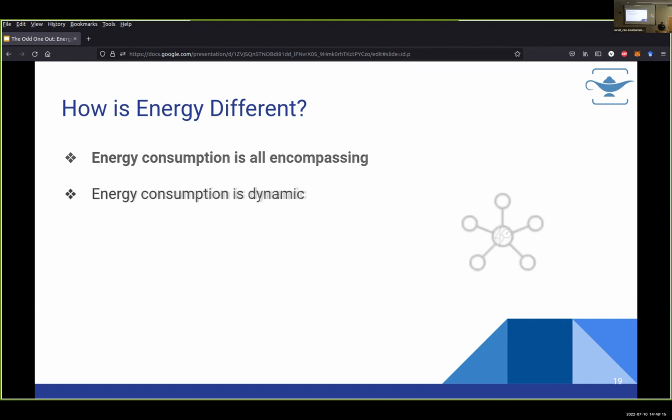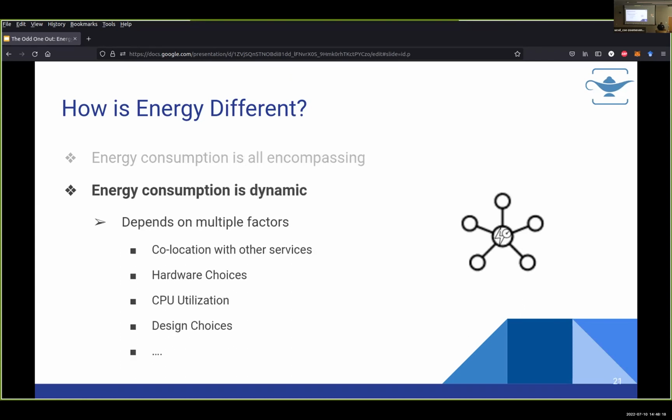The second point is that energy consumption is dynamic. What that means is it depends on multiple factors, both compile time factors and runtime or deployment time factors. Compile time factors could simply mean the design choices that you made while making your application. This could include something like, what's the threading model that your application is using? What is the level of concurrency that your application is using? Which library did you end up going for? Because even the library choices for, let's say, the containers in Java's standard library make a difference in the energy